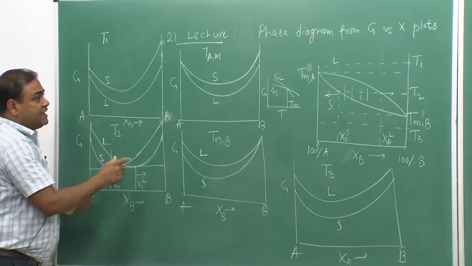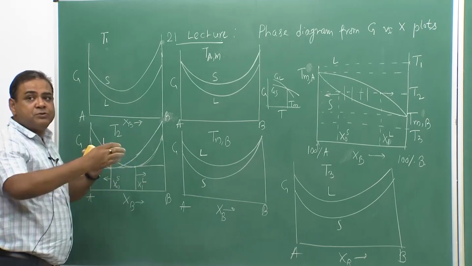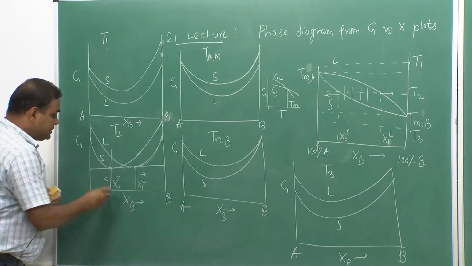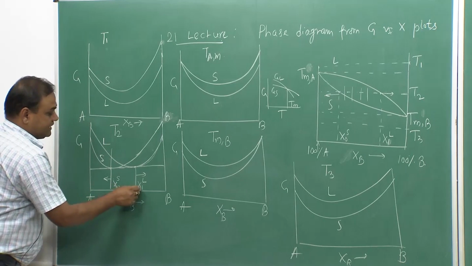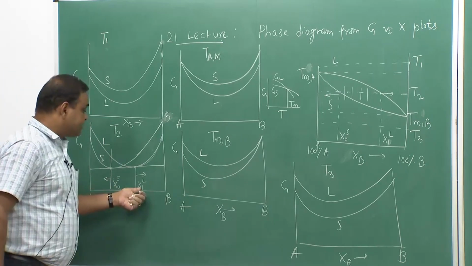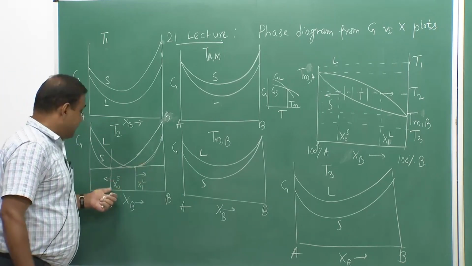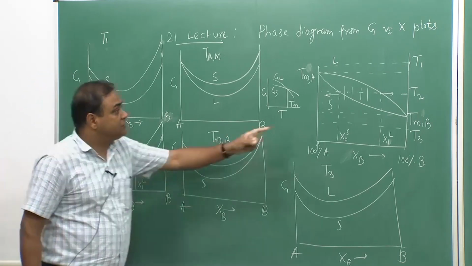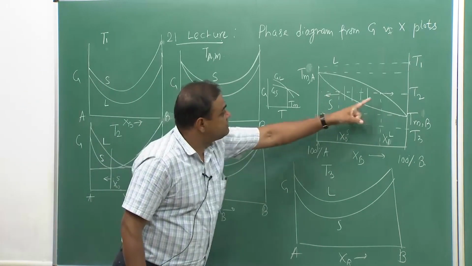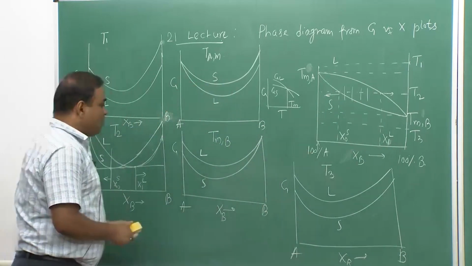In between, the material is distributed into solid and liquid of these compositions, X0S and X1L. So X1 is the composition of the liquid and X0 is the composition of the solid. That is what we are saying: this is X0S and this is X1L. Now, once we come to